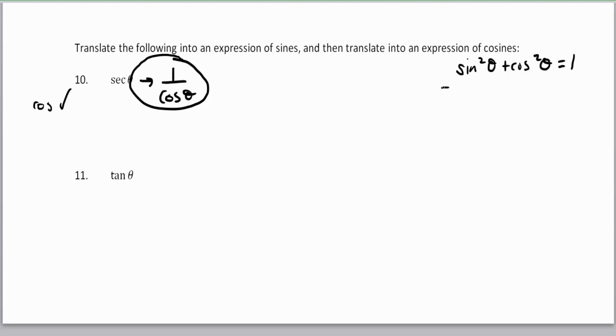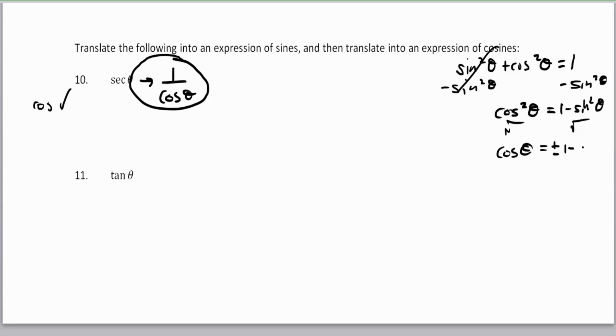I can subtract sine squared theta from both sides, and this is a legal operation since this is an equation. These simplify to 0, and now I have cosine squared theta is equal to 1 minus sine squared theta. Then I take the square root of both sides, and now I have cosine theta is equal to plus or minus